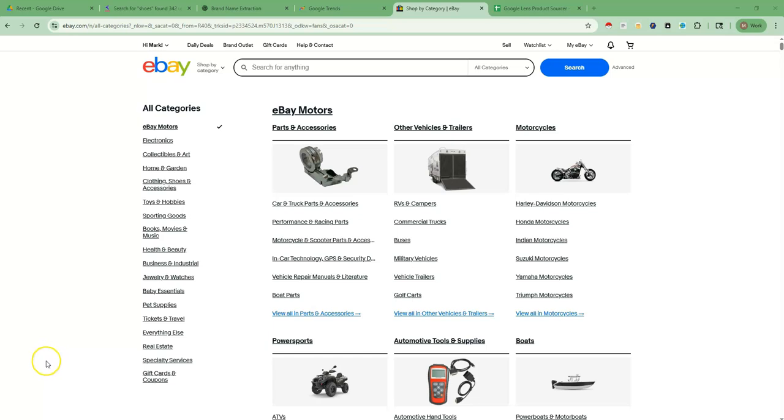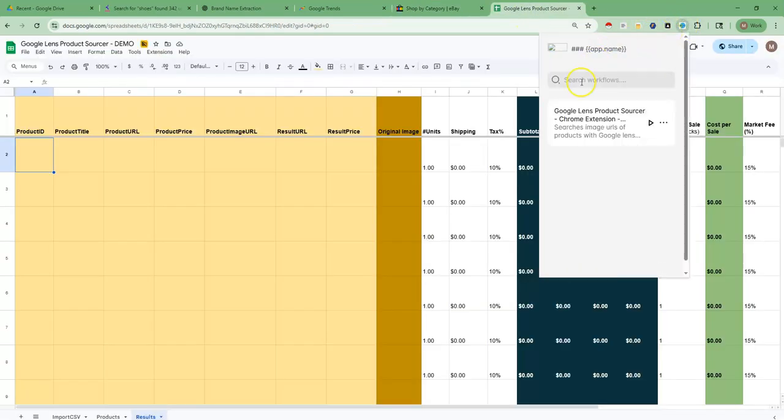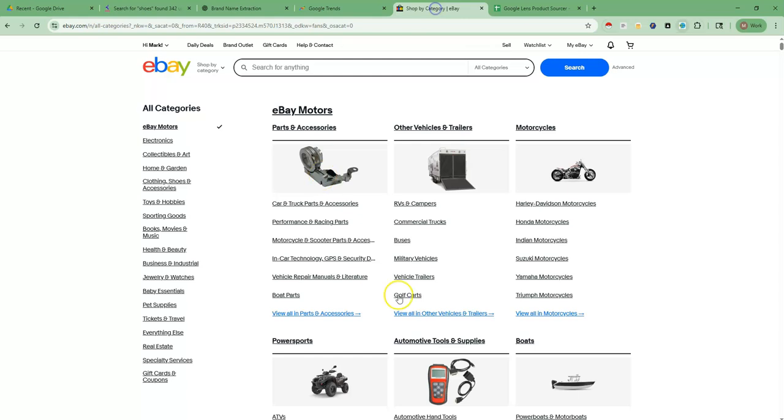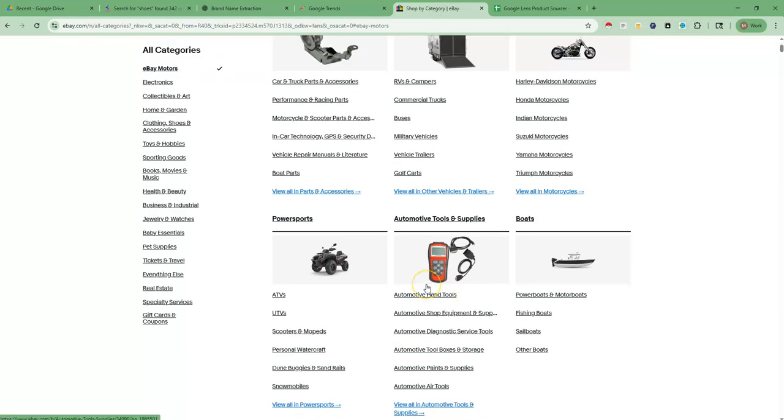I'm demonstrating a process of eBay dropshipping product research. What the process involves, first of all, will be searching eBay, finding products, of course. However, I'm also going to use an automation I made called the Google Lens Product Sourcer, and it will actually automate Google Lens searches on products that we find on eBay so that we can find lots of different possible